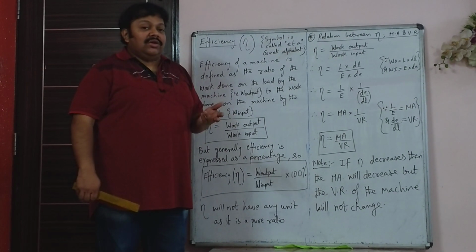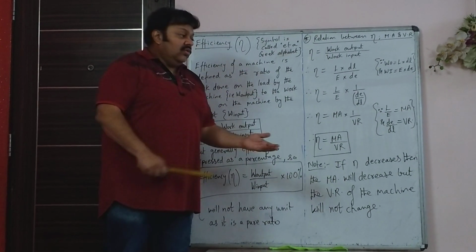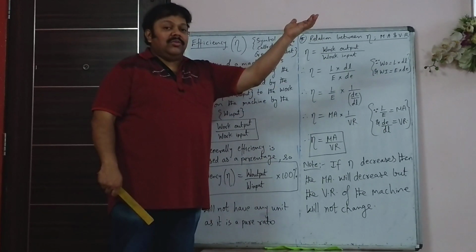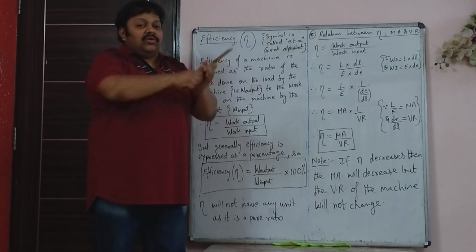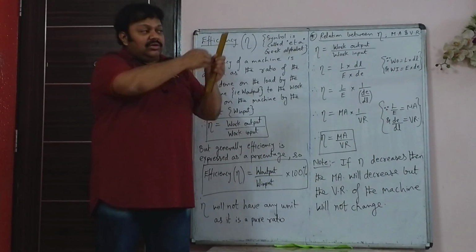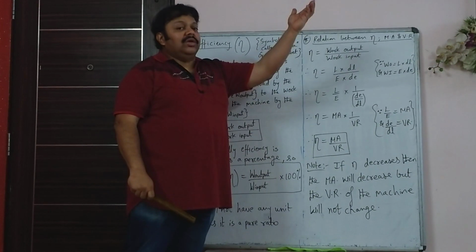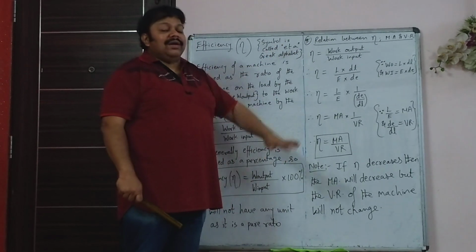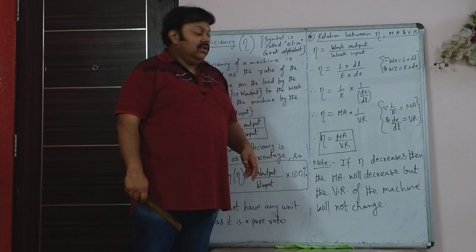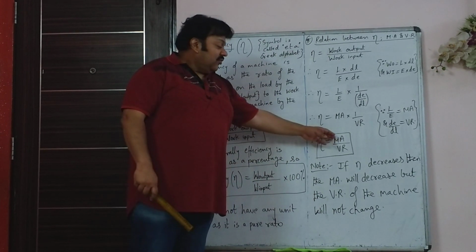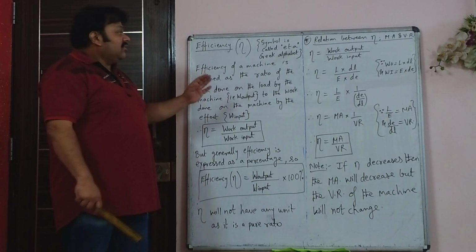So I had given you an example of a single fixed pulley, where if you have to lift a bucket by 20 meter, you have to pull the rope by 20 meters. So what you are pulling is displacement of effort. What the bucket is moving is displacement of load. That doesn't change even if friction, anything increases, decreases, whatever. So efficiency affects the MA, not the VR. VR remains fixed. Please copy this down.